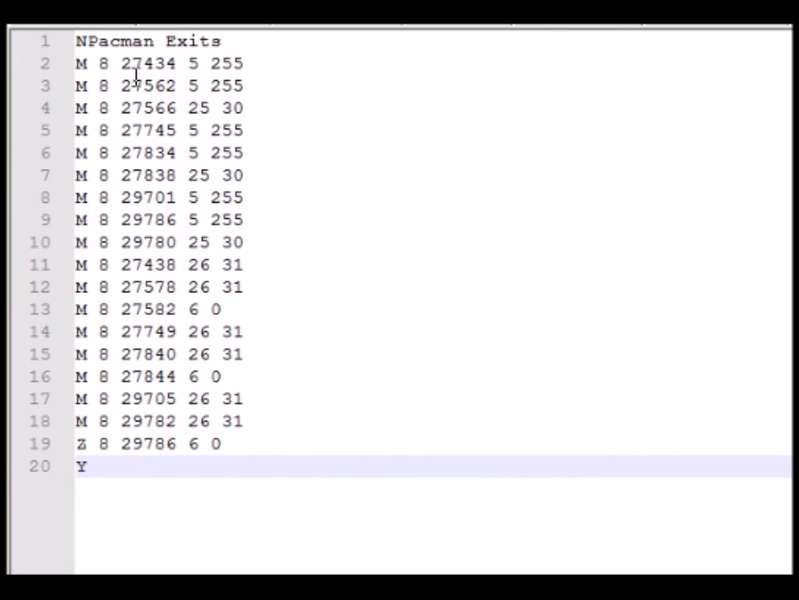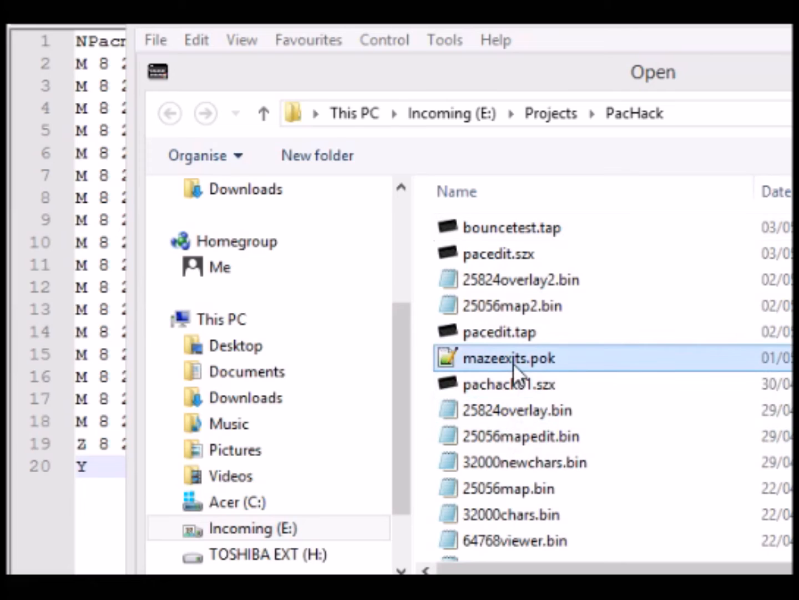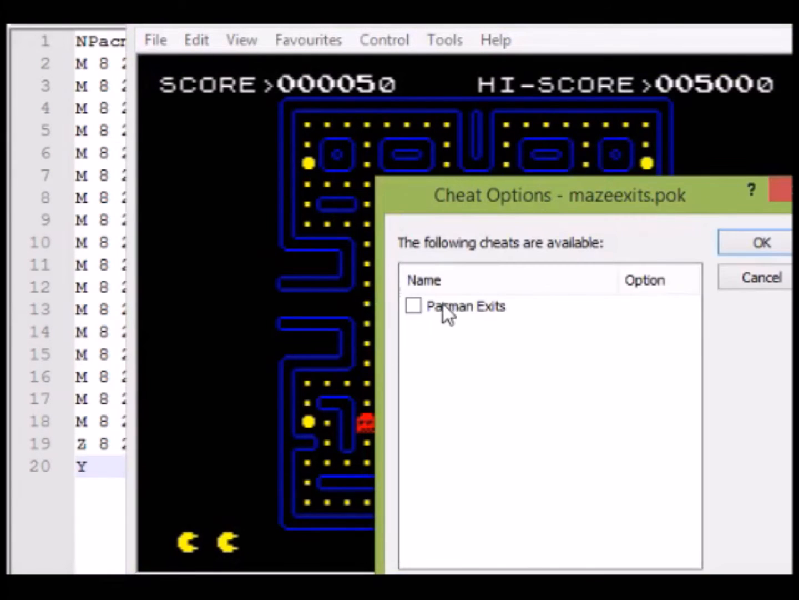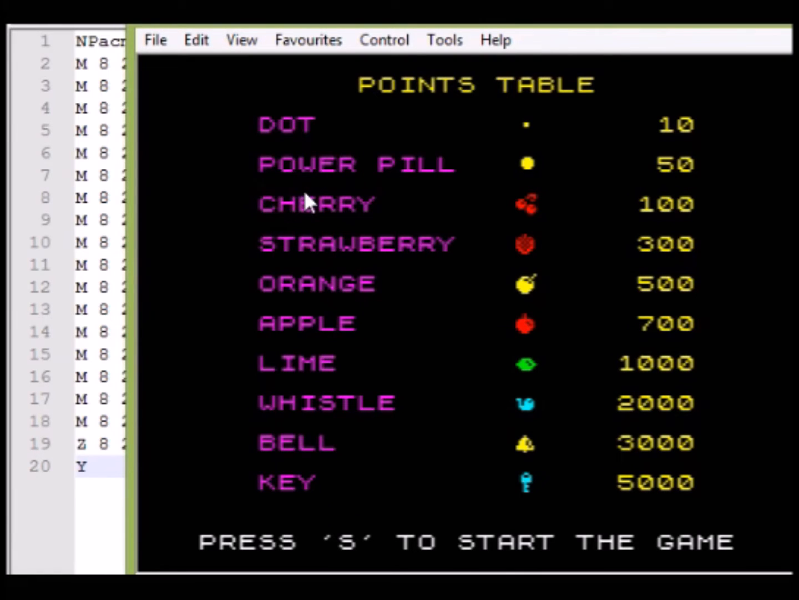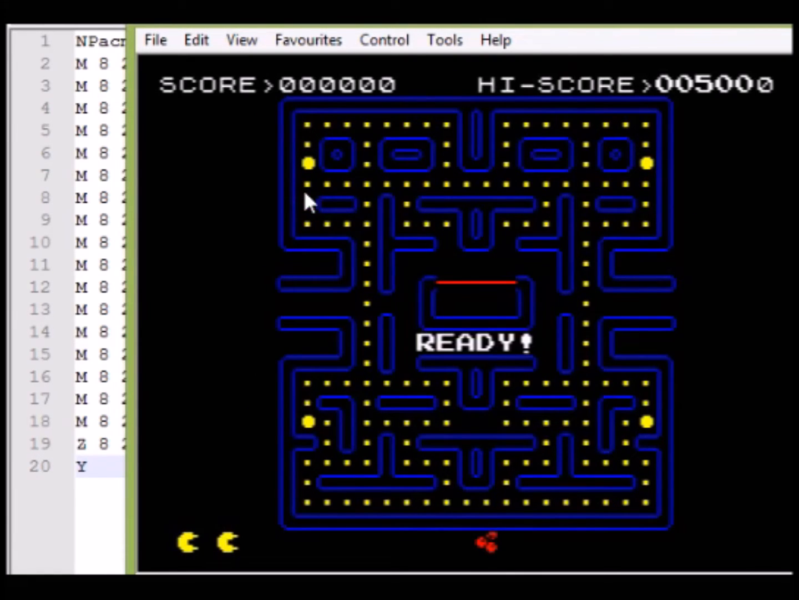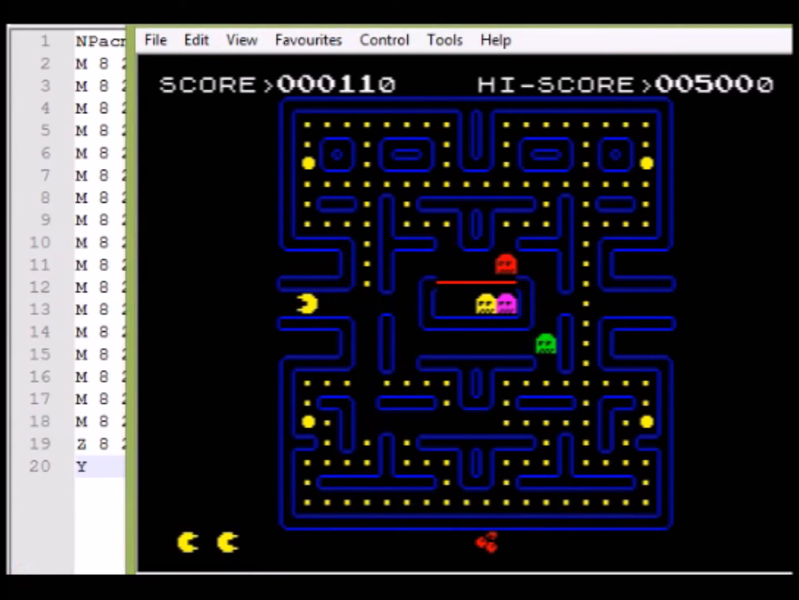So once this file has been created, I save it off, and I can then load it into Spectaculator. Here it is, and we'll try now to load in this maze exits poke, and it comes in, it says Pacman exits. You click it, press OK, and all of those pokes that I've defined will now be applied. So let's try it out. Okay, so I've still got the debugger on, so I'll turn it off. As you can see,